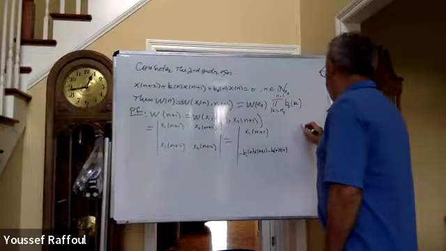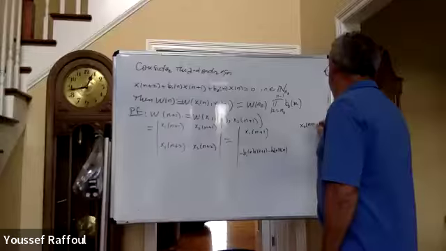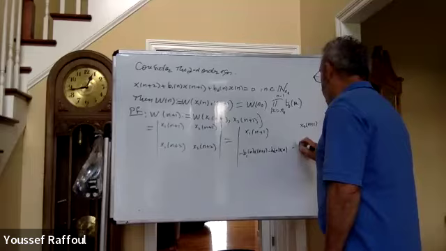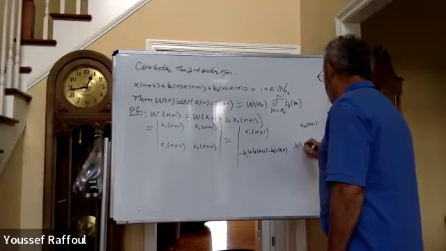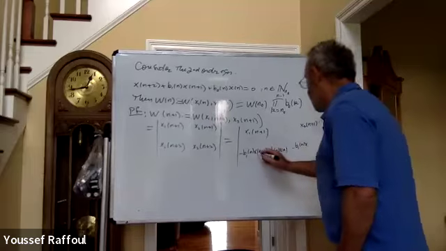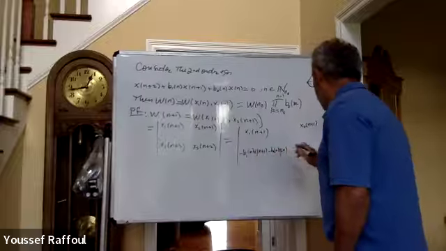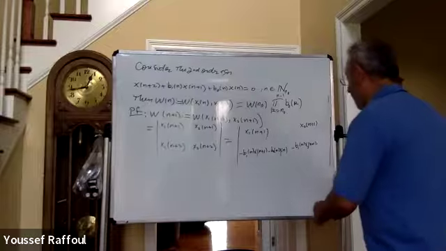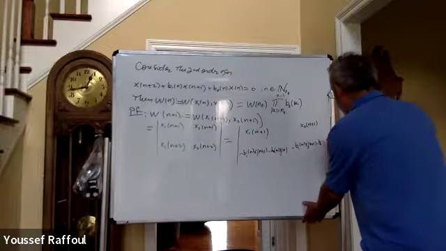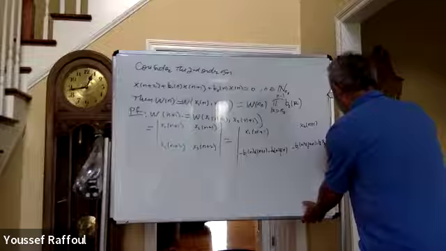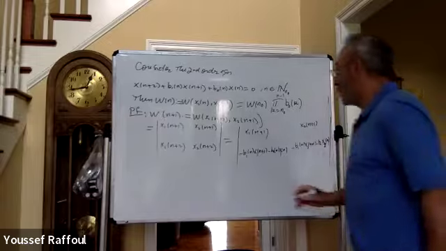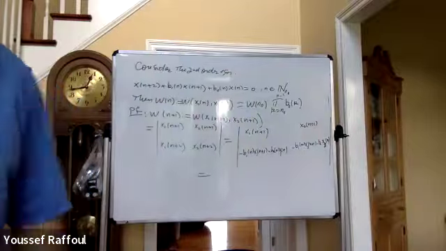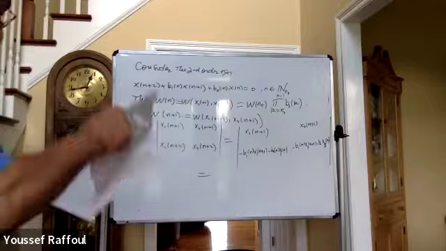And the same thing, x2 of n plus 1, and then I have minus b1 of n. This is x1, x2 of n plus 1 minus b0, x2 of n. And if you take the determinant, and simplify it,